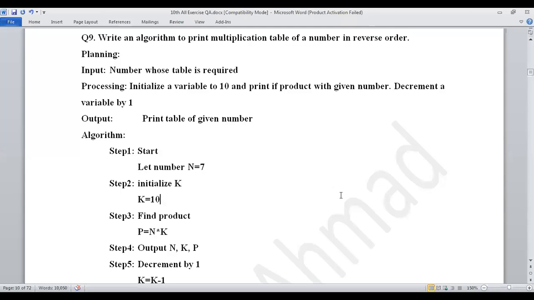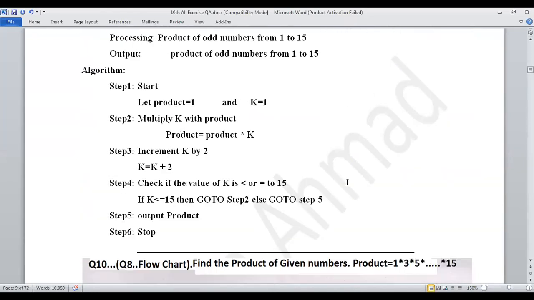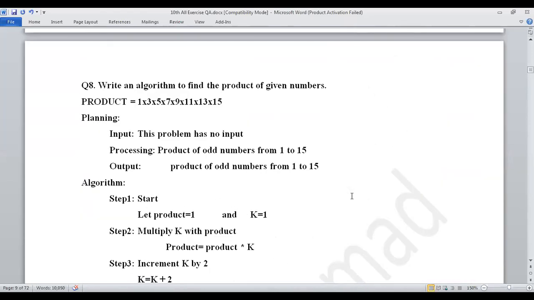Dear students, same topic about the algorithm and the flowchart. Feedback of our previous lecture: we have done the question about the algorithm which depends on the loop or series.